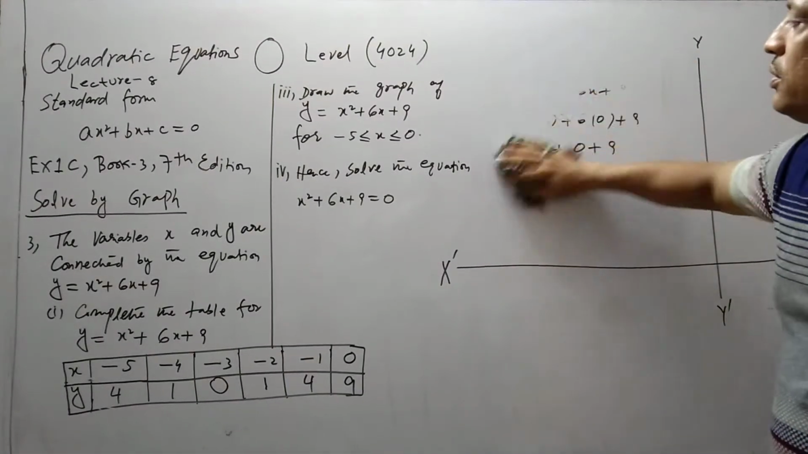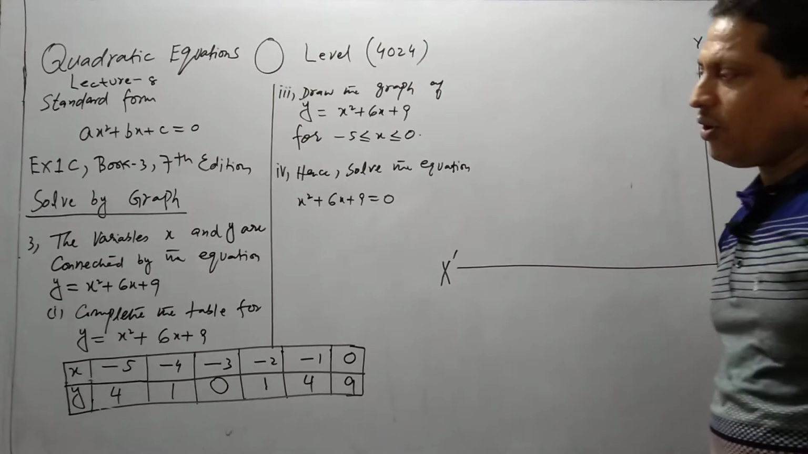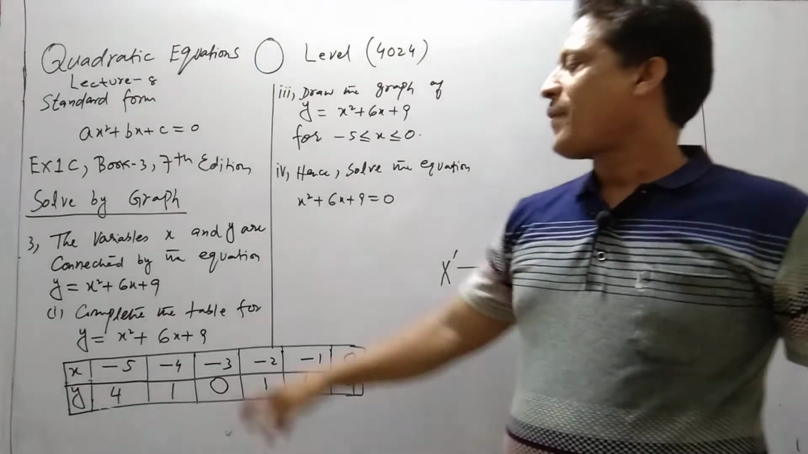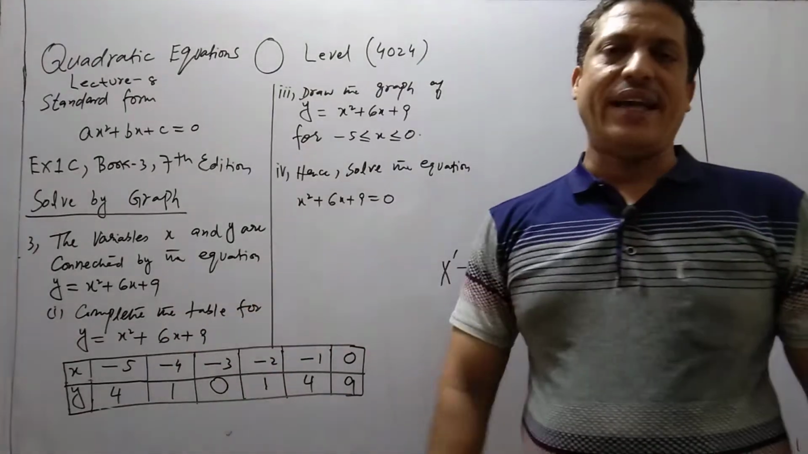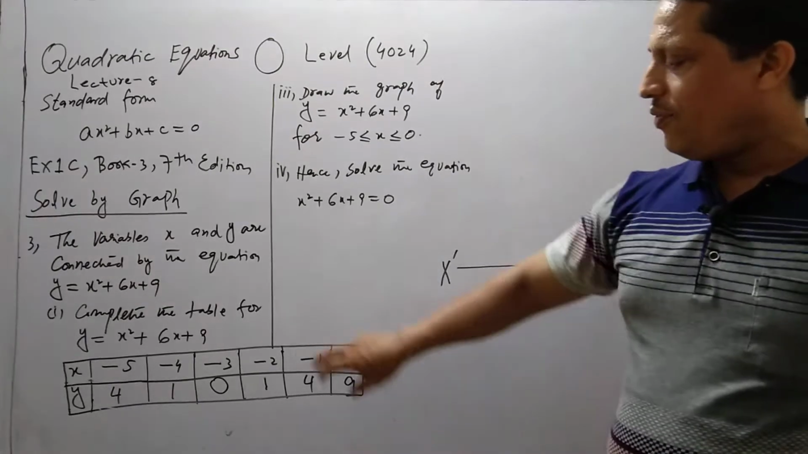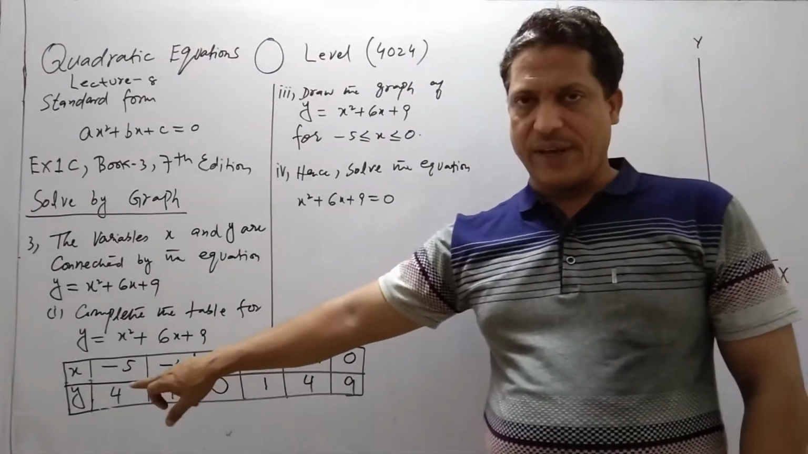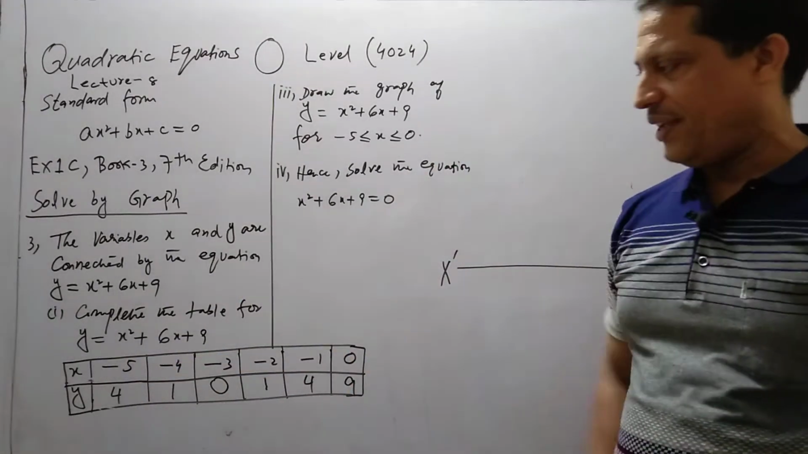Okay. Now the first part has finished. What was the first part? Complete the table for y equals x square plus 6x plus 9. So with the help of this curve and with the help of these values of x, we find the value of y. That is